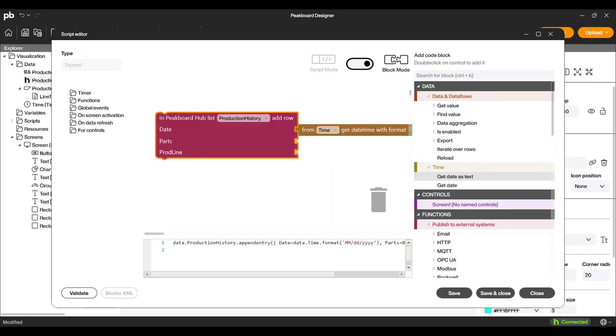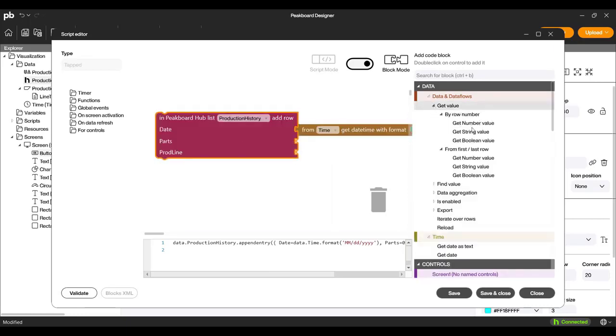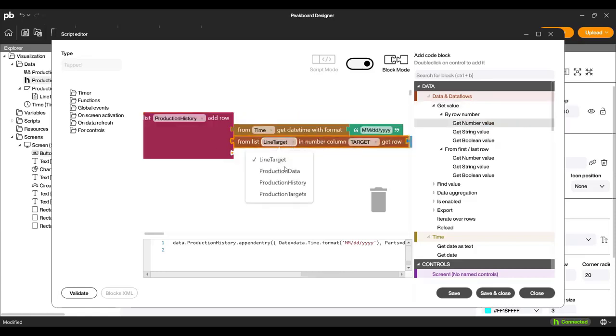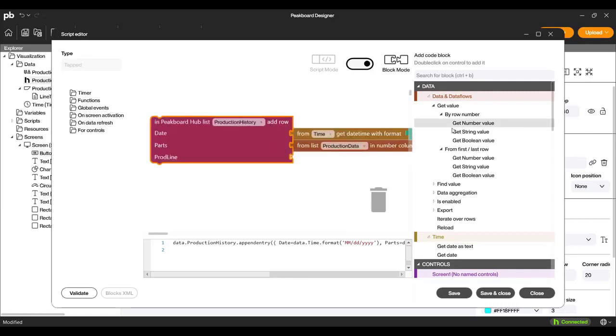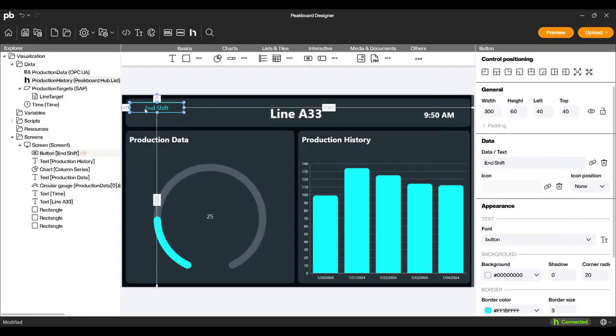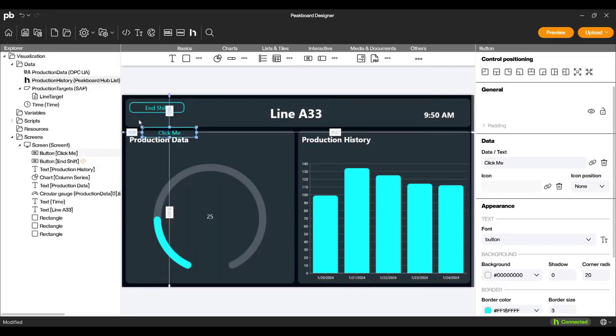And for the parts, we also want to get our value from the production data source. So this will connect to that data source. And for our line, we just want to put in A33. So I can save and close this. And as soon as I press this button, we will now historize our current produced parts into the Peakboard Hub and the production history. Last thing I want to do here is add another button